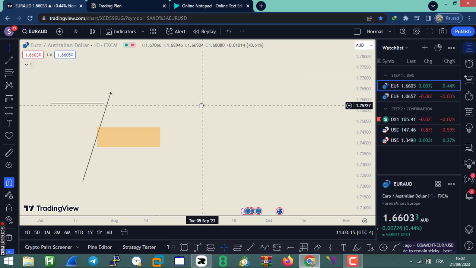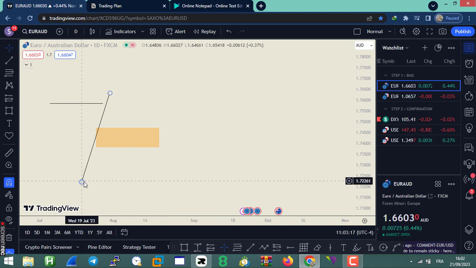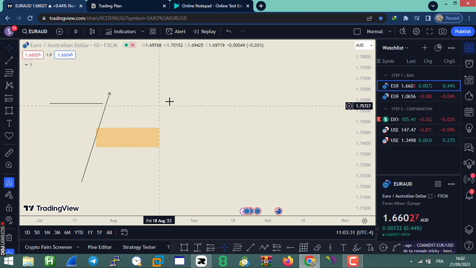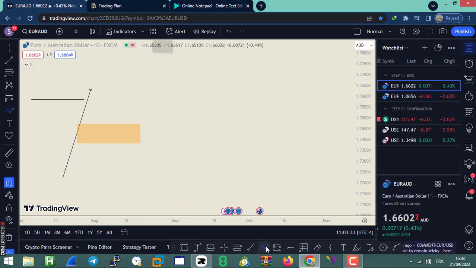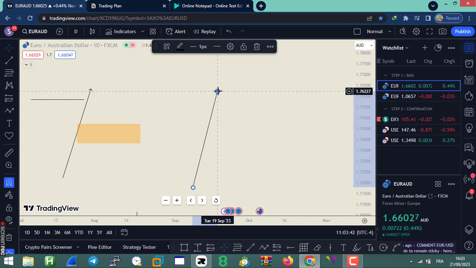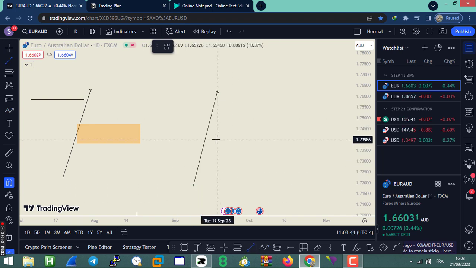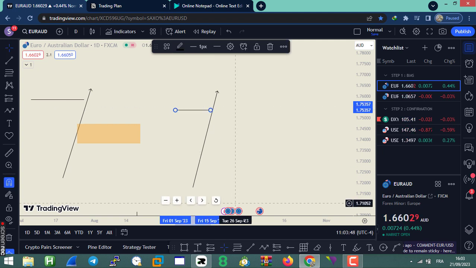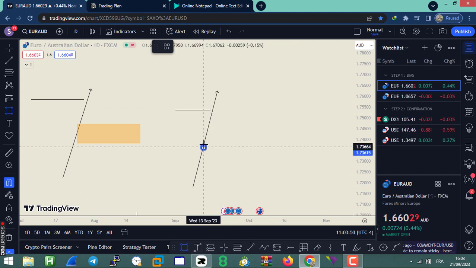So this is the first scenario: expansion higher, energetic, taking external liquidity and leaving a fair value gap behind, and then I want it to short to that fair value gap. The second scenario, which is again expansion higher, of course taking external liquidity, leaving a fair value gap behind,